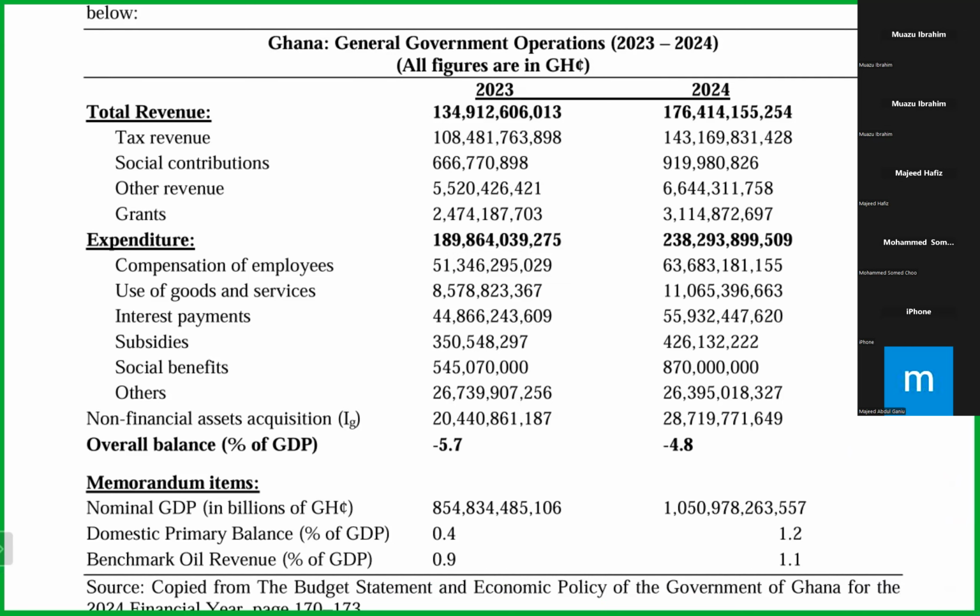189.8 billion. So clearly it's going to be a negative, which is what? As a share of GDP, it is negative 5.7. And then in 2024, it is also a negative balance. That is the fiscal deficit. However, the government is saying it will be lower than before. As you will see, 4.8 is lower than 5.7, even though it may not be true because 2024 is